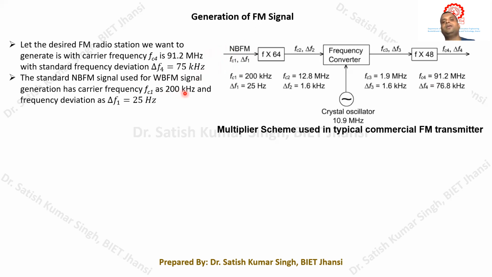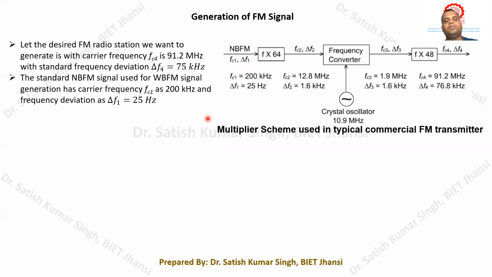Now the second thing is that we have to talk about what the frequency deviation should be when we generate an NBFM signal. You remember that, as we know, beta is equal to delta F divided by FM. For an NBFM signal, we need to keep beta less than unity. So we need to select delta F1 such that for all the message frequencies, this beta is less than 1. That we have to ensure.